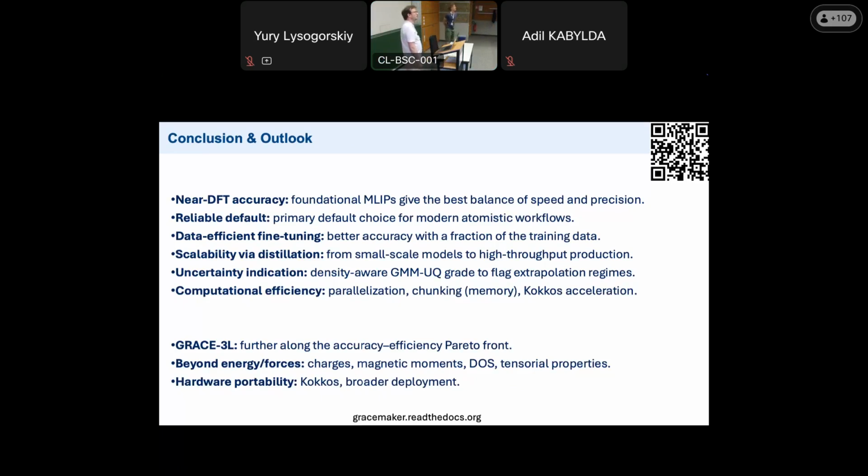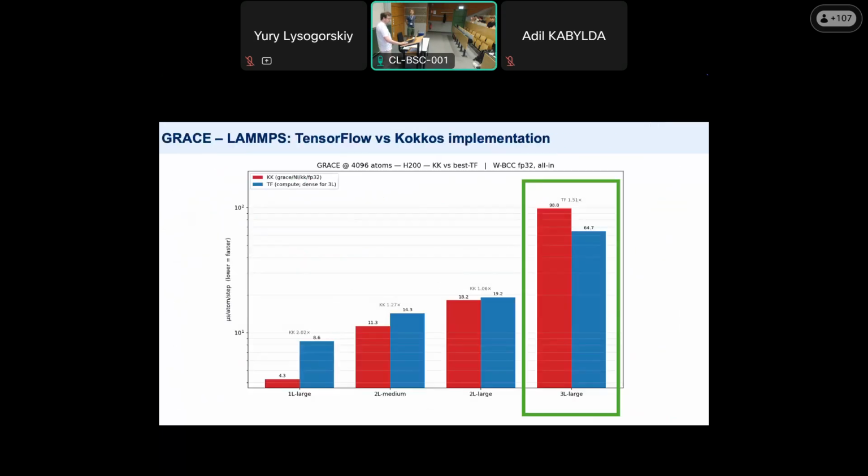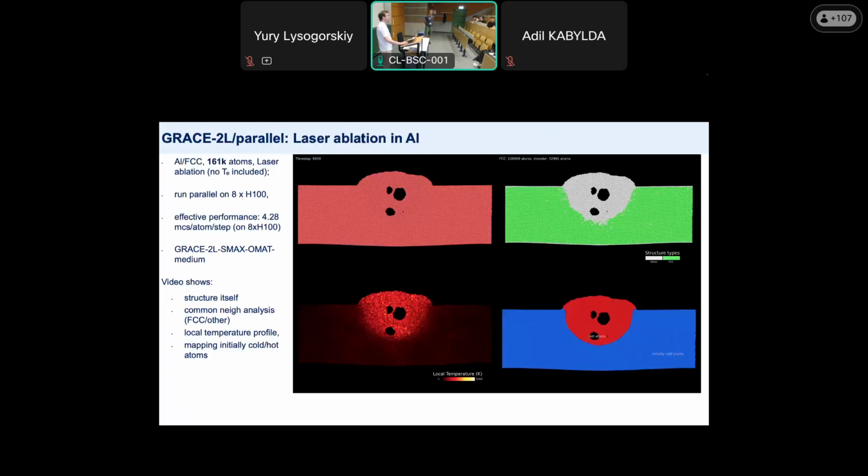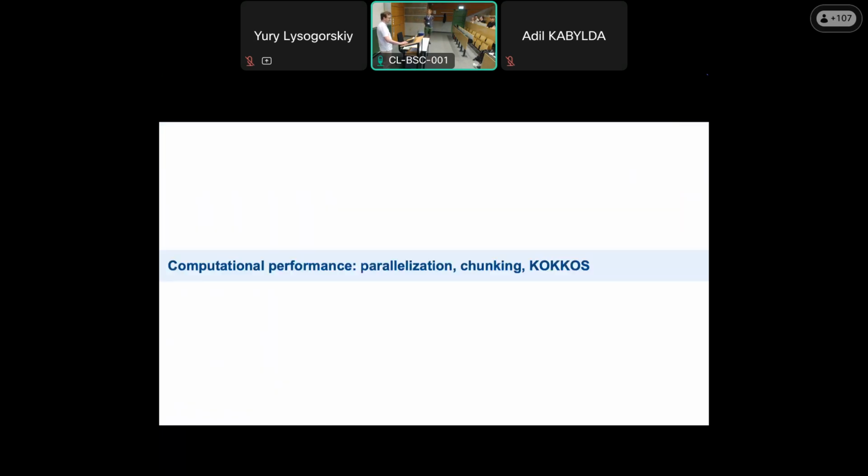Please, Eugene. I was wondering about your uncertainty quantification, because you said that if you go to an out-of-distribution set, you start to see the split of errors. But how well do the uncertainties correlate with the actual error? That's a good question. If I would say something like a Spearman correlation of 0.6, would that say something to you? That's not bad.